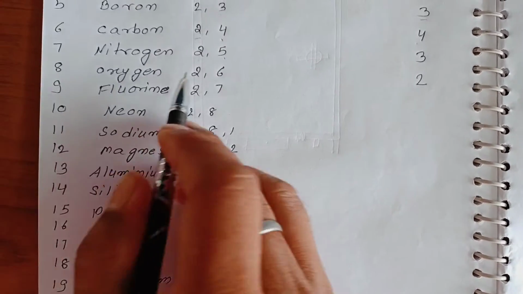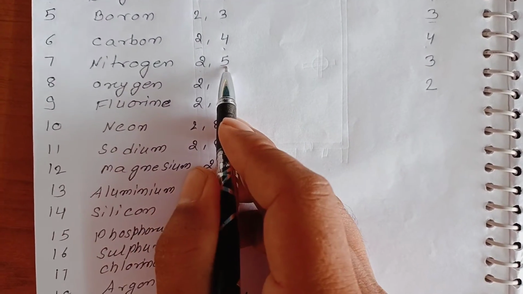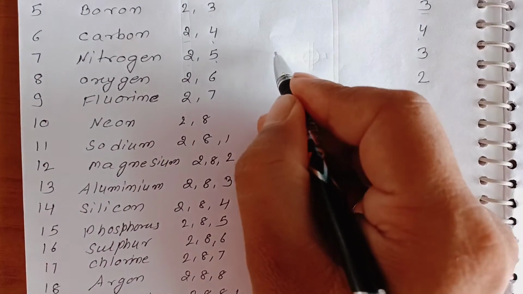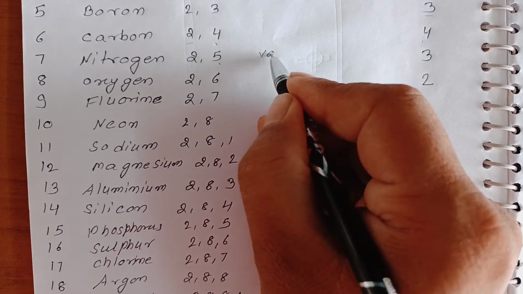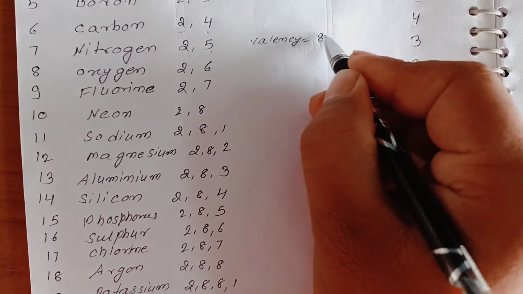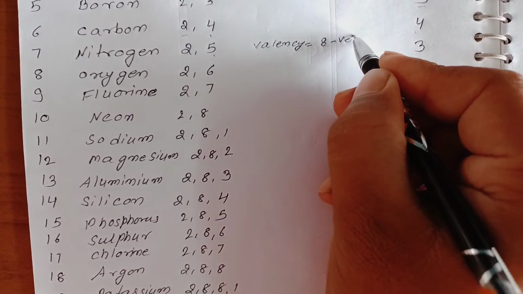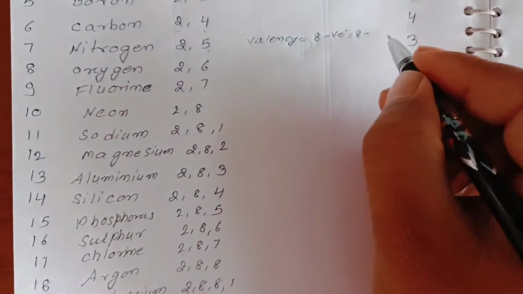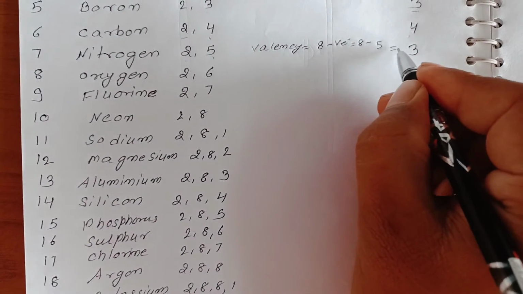Same way here in nitrogen 2, 5, the valence electron is 5, then valency is equal to 8 minus 5,